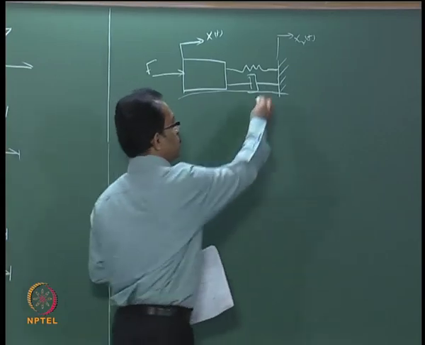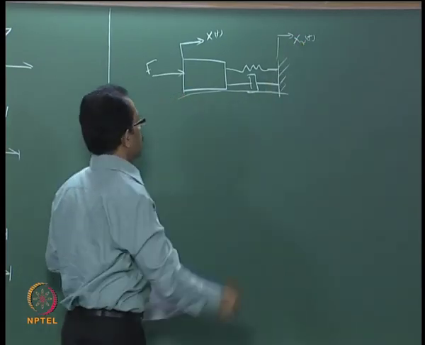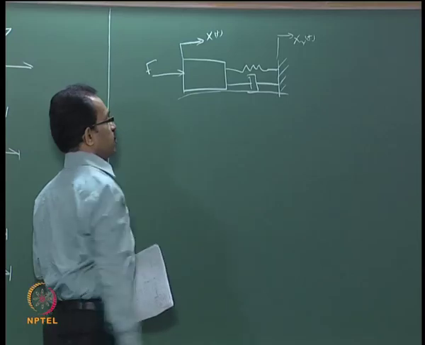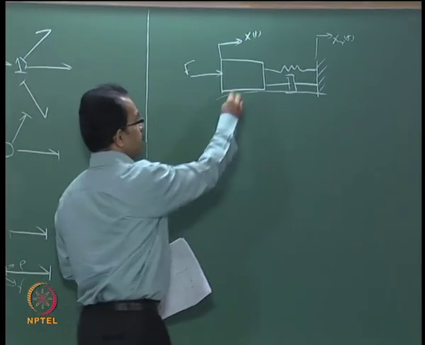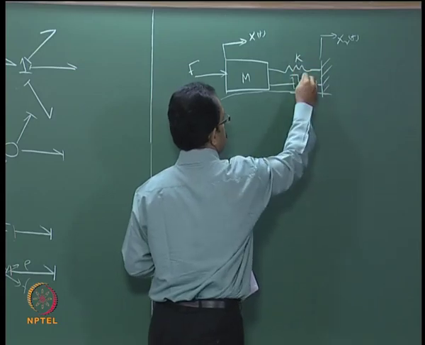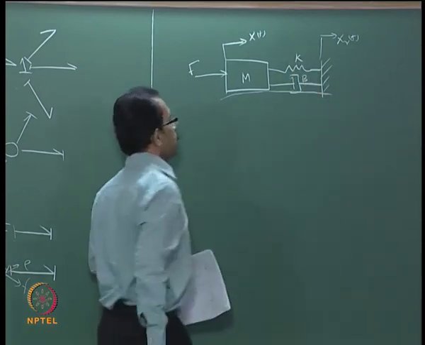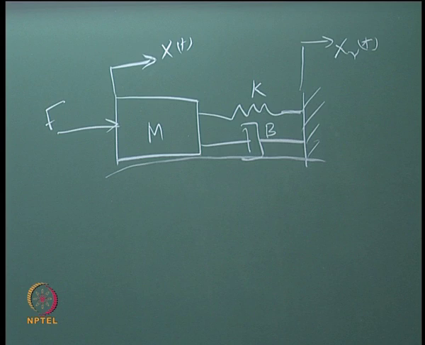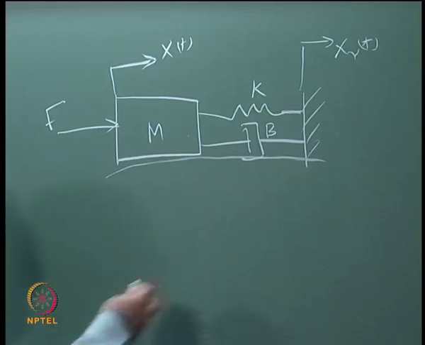Of course, if it is fixed then it will be 0, otherwise it can be represented as xt and xrt as the reference. This is the mass, this is the spring constant k, and this is the damping coefficient b. So this is the mechanical system. If you want to develop a bond graph model for this, we know that if you do mathematical modeling,